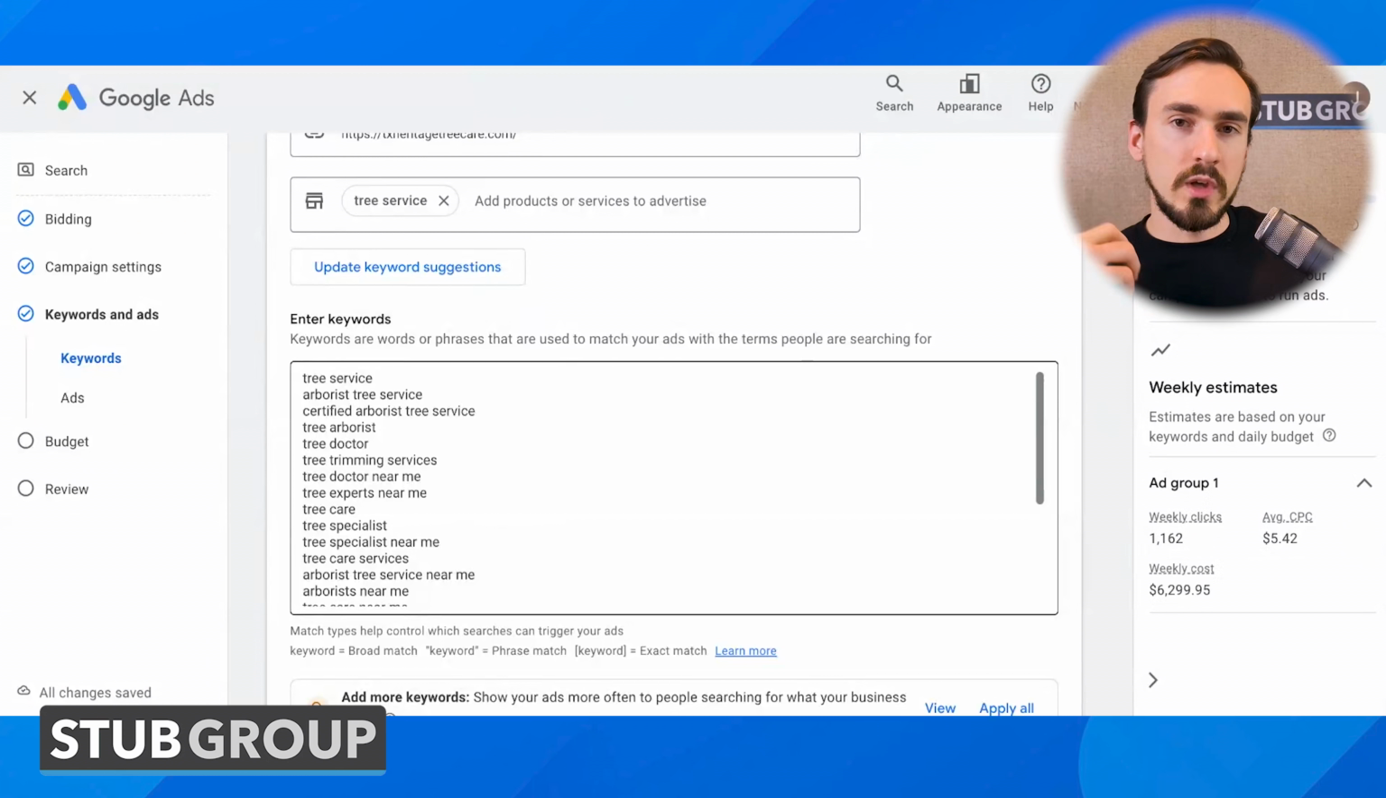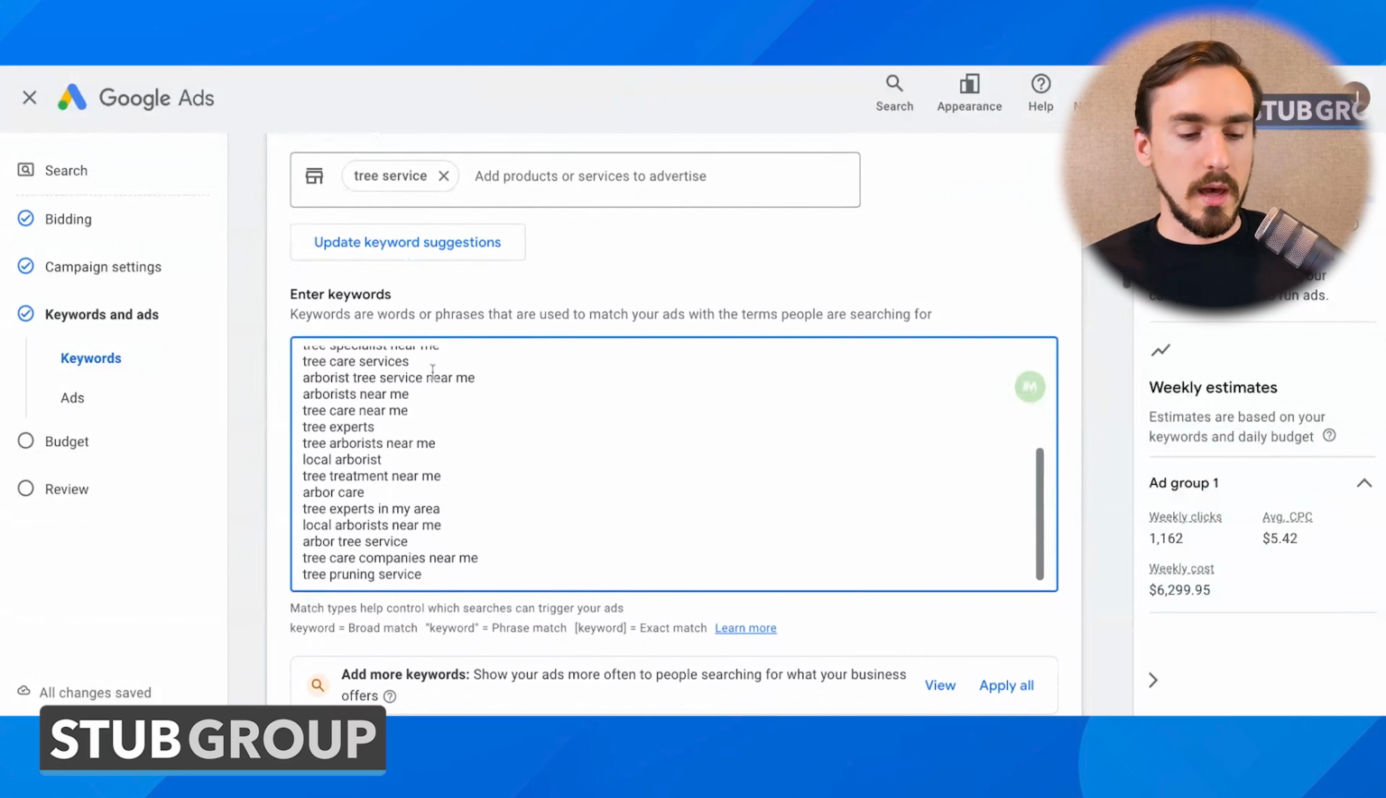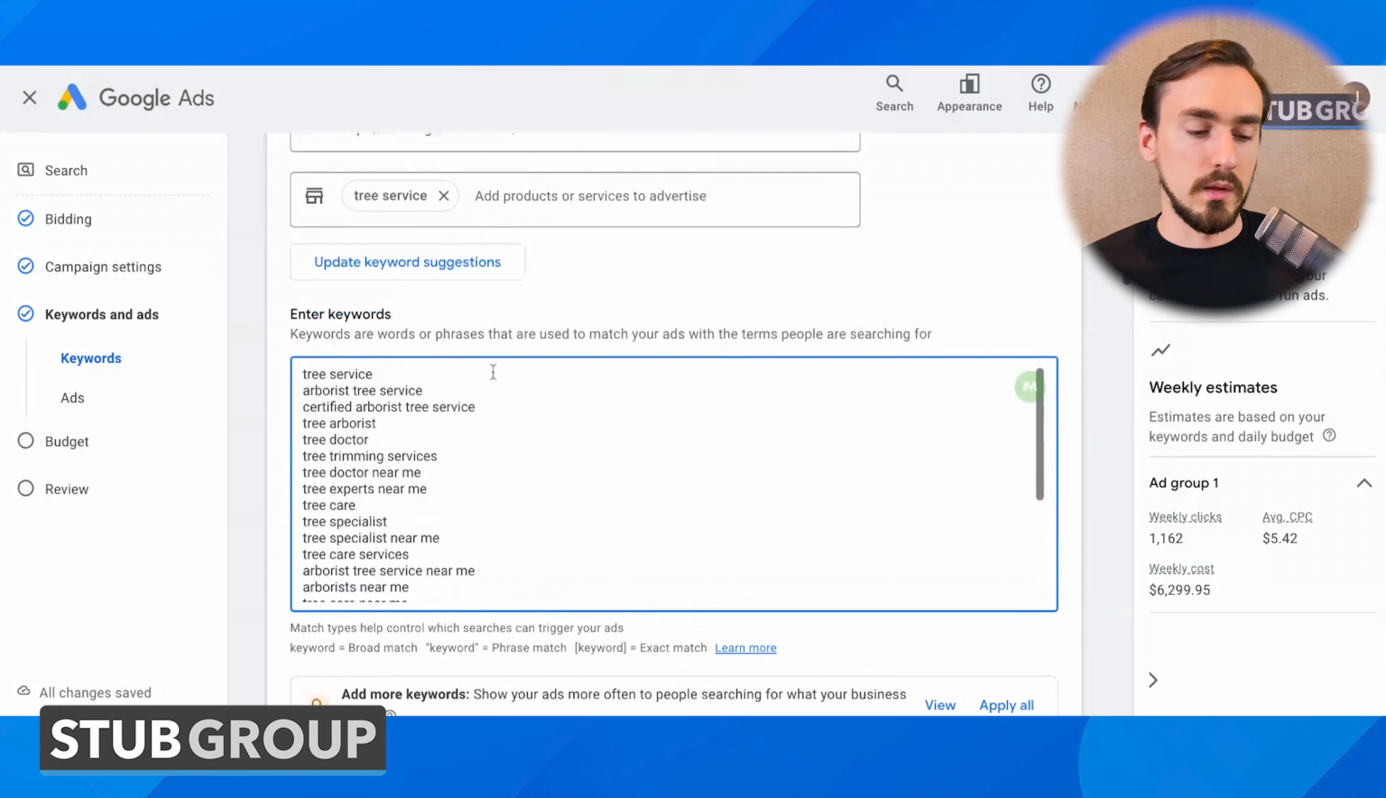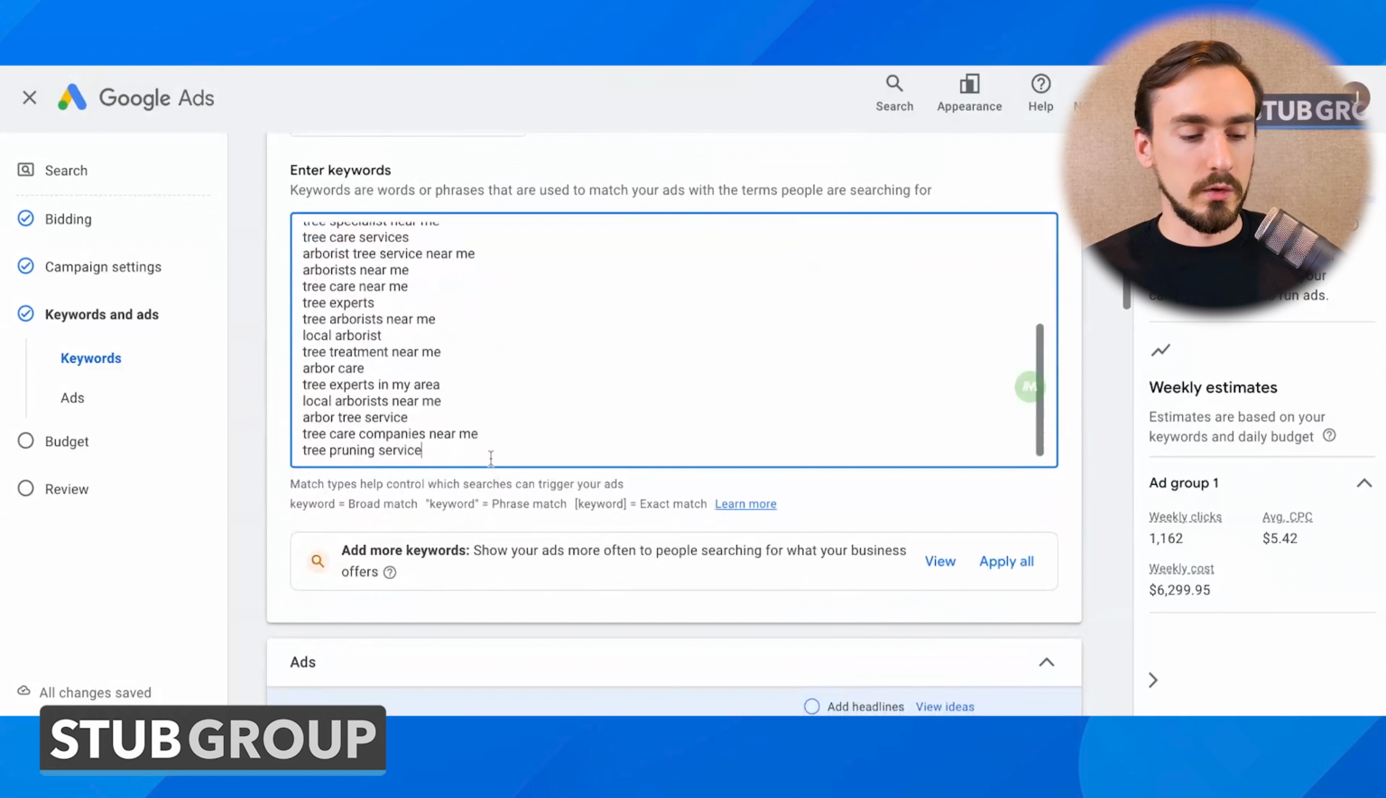Now, generally when we do keyword research for a new client, we use a bunch of different tools. We use Google Keyword Planner, we use third-party tools, we might even use things like ChatGPT, we do our own competitor research, we look through the client's website, and do a bunch of different things to come up with keywords. We don't have time to do all of that during this demo, so I'm just going to use some of